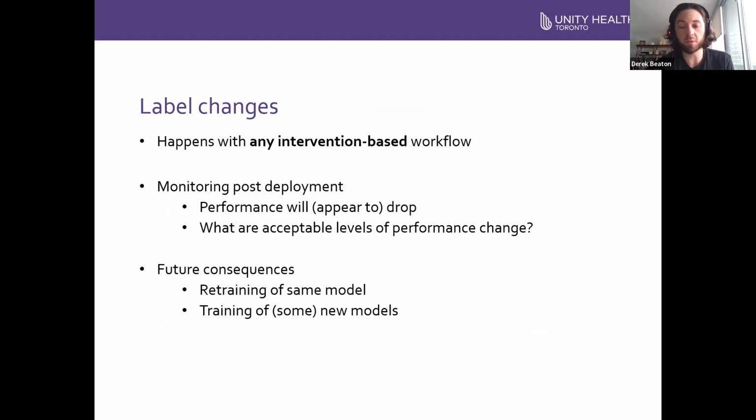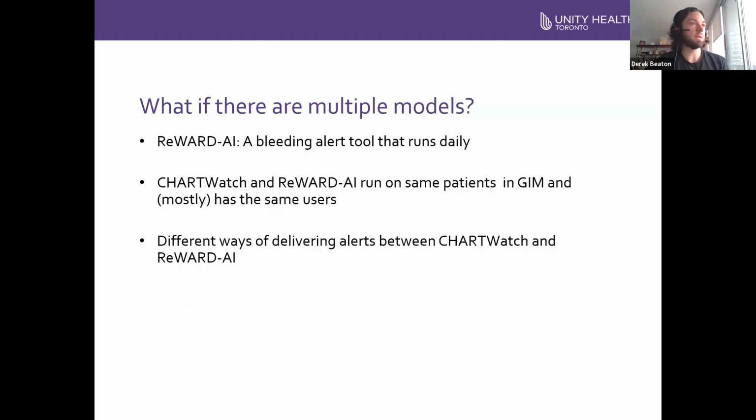So any intervention-based workflow could or would result in potential label changes. You're going to have some fuzziness once you actually introduce any type of intervention, not just an AI type intervention. When it comes to monitoring, we do know that there should be some level of performance drop simply just because the labels don't quite match the expectation. And there are future consequences. Retraining would actually be a little bit more difficult. We'll have to account for some of the fuzziness there, or training of new models,